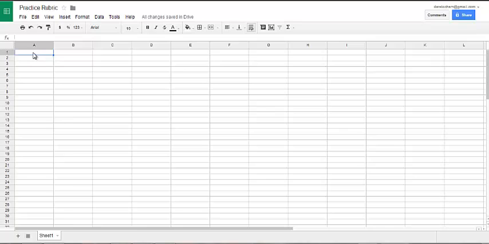Okay, now the exact structure of your rubric doesn't really matter because spreadsheets work like an Excel spreadsheet. So it's a gigantic table is really what it is. You can format it however you want and make your cells as big or as small as you want as well. So what I'm going to do is merge these first couple cells at the top. So all I'm doing is clicking and dragging them. And you'll see up here in the toolbar there's a merge cells. And I'm just going to put student name